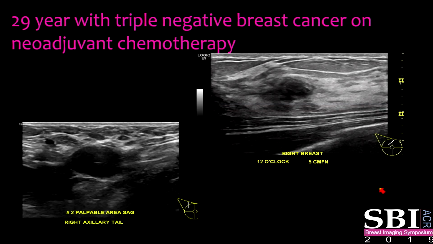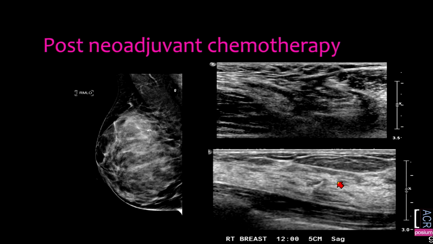So here's a patient, 29-year-old, who had triple-negative breast cancer and was on neoadjuvant chemotherapy. And you can see the abnormal lymph node over here with effacement of the hilum and the breast mass, which is irregular hypoechoic here at 12 o'clock. The patient had neoadjuvant chemotherapy and then came to us for wire localization. Here's the clip in the breast, and here you see the clip within the axilla. We scanned. We did not see the mass because it has resolved, and we could identify the clip within the breast. We scanned the axilla and scanned, and we could not identify the clip in the axilla.